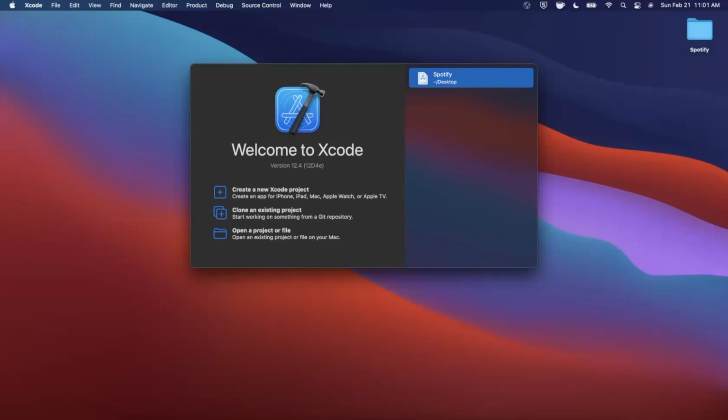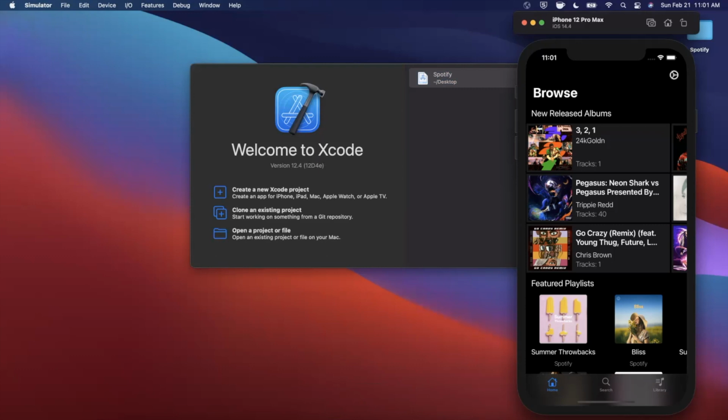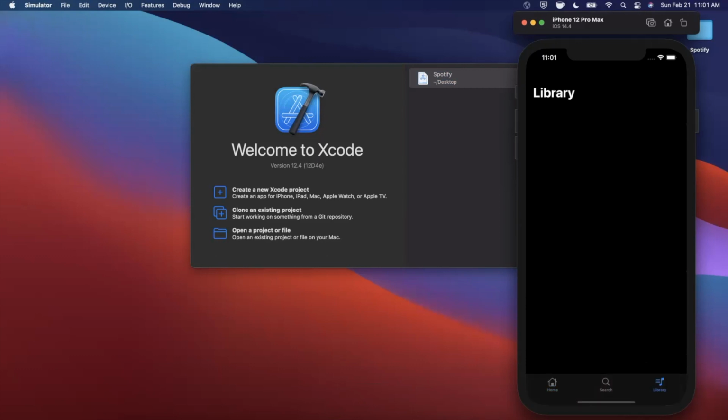In this part, we're finally going to start taking a look at the library tab on our app. So this third tab here, where we're basically going to allow the user to see their playlists and the albums that they save. So a user can create their own playlist, add songs and save albums that they like. Particularly in this video, we'll take a look at just setting up the architecture since we're going to use